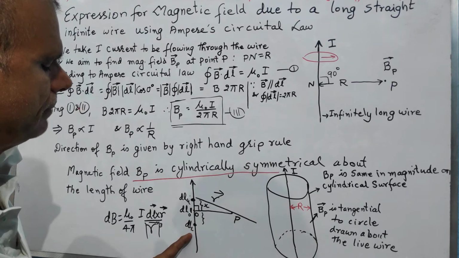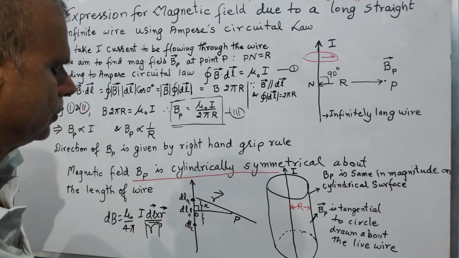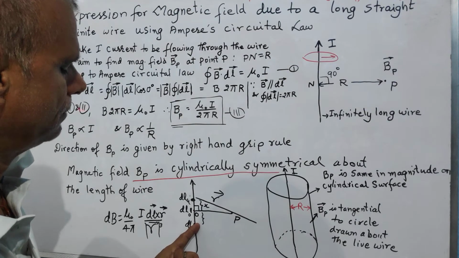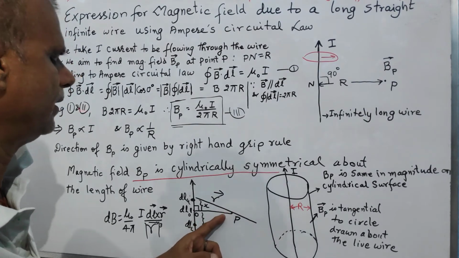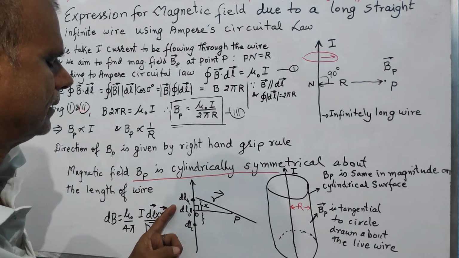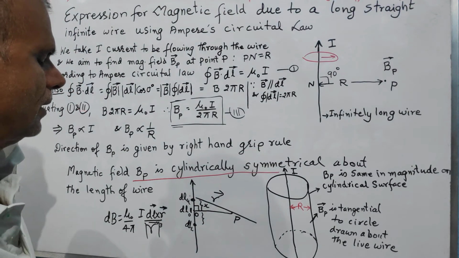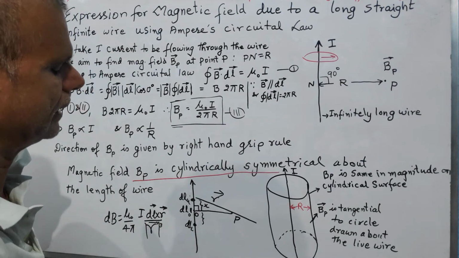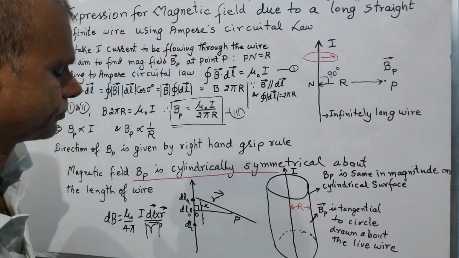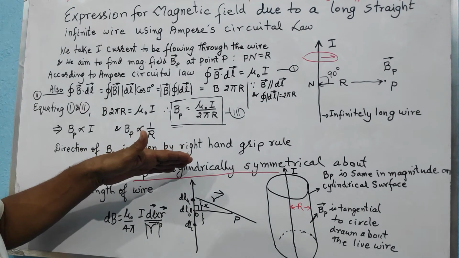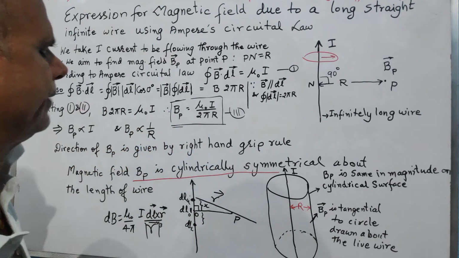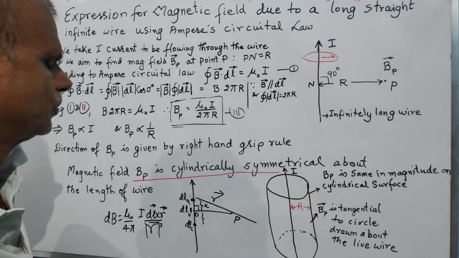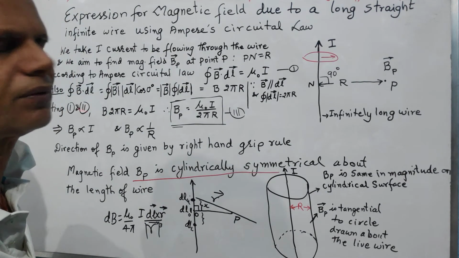Of course, the magnitude of magnetic field will not remain the same. Similarly, due to this current element dll, on the lower side, the magnitude of magnetic field at point P will be less than what the current element dl O was producing at point P, and the direction is of course tangential. So all these magnetic fields are getting added up, but each time we move away from the center, the magnitude of magnetic field produced by these current elements keeps reducing, and so the sum never becomes infinite.